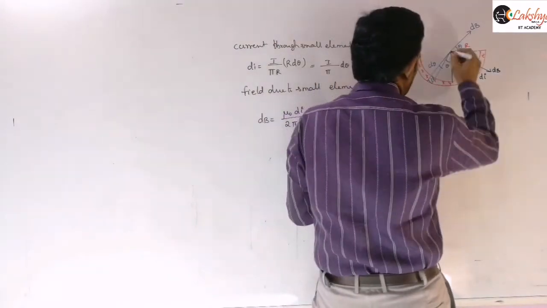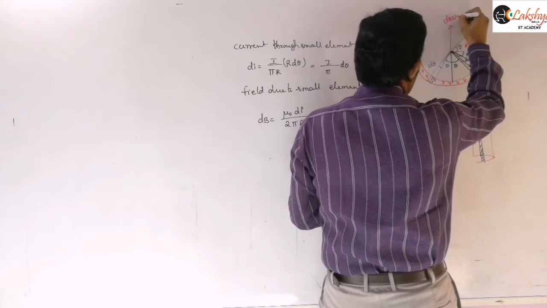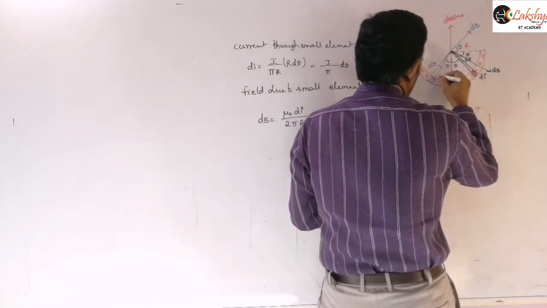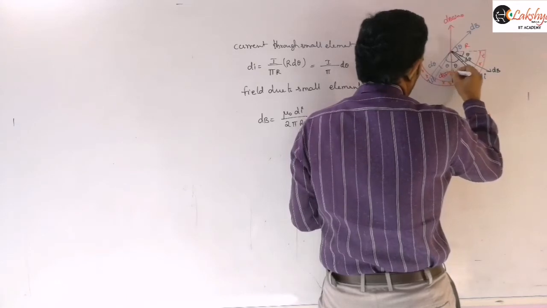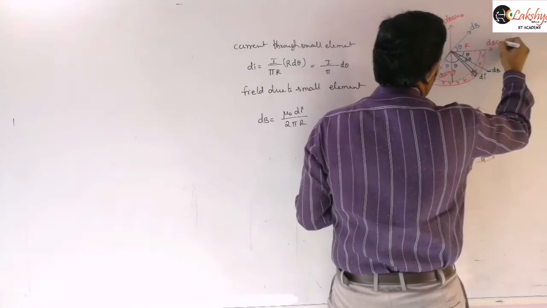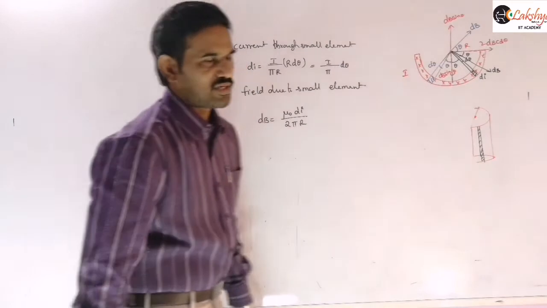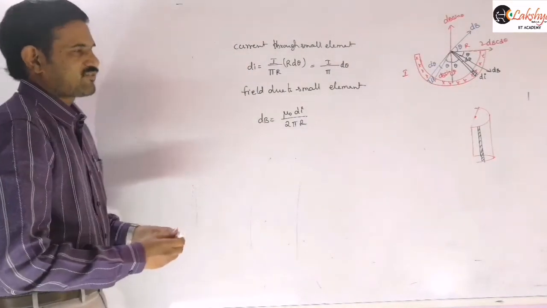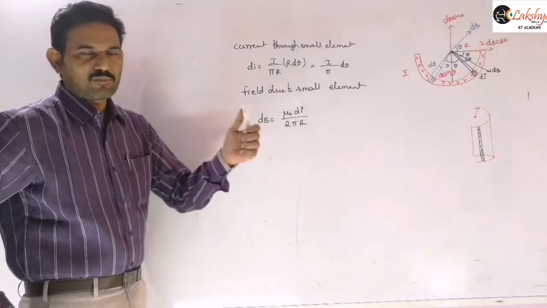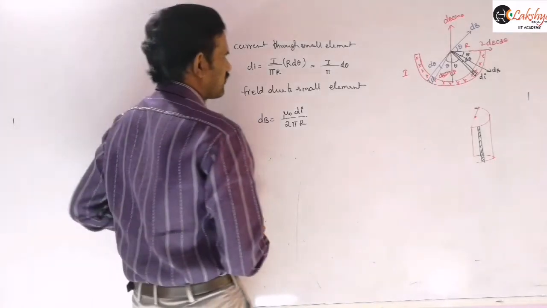So that means for this, what we can represent here is this dB sin theta component, and this dB sin theta will be along this direction here. And so this dB cos theta component will be along this direction, or 2 dB cos theta will be along the direction there, right? And so the net field will be along this horizontal direction, or perpendicular to the axis of the cylinder, you can write there, right?